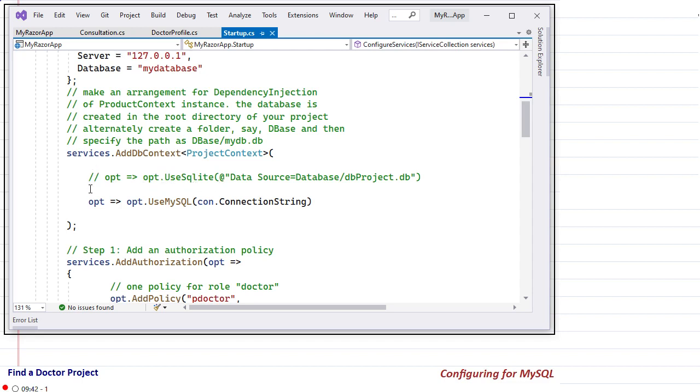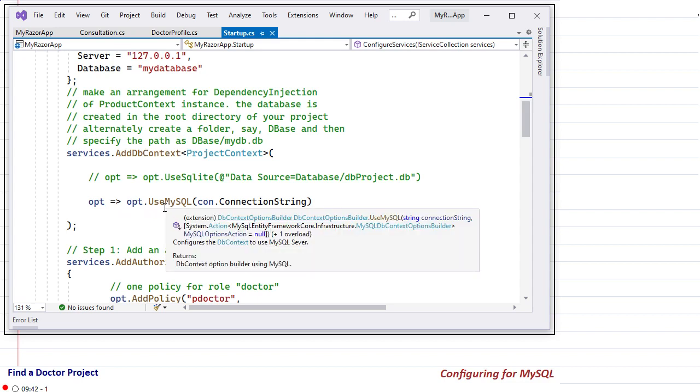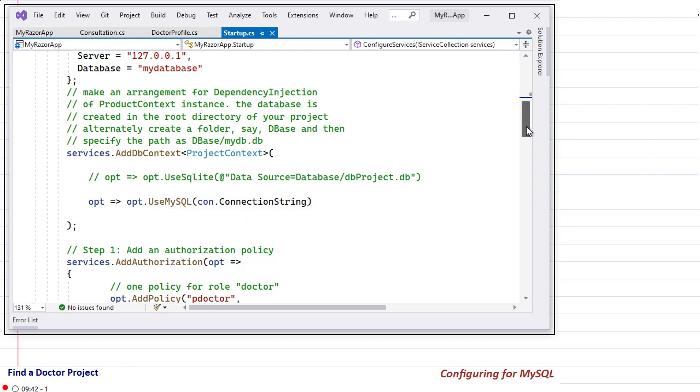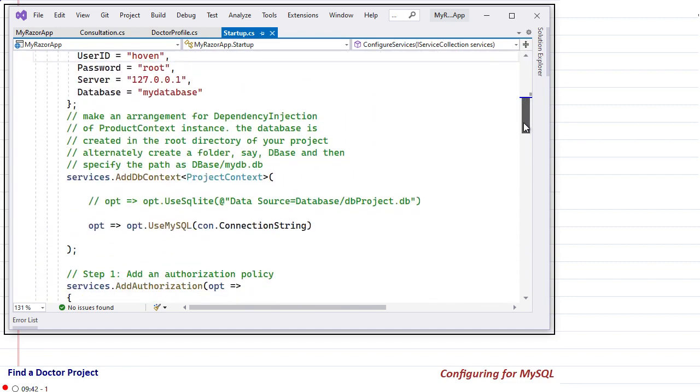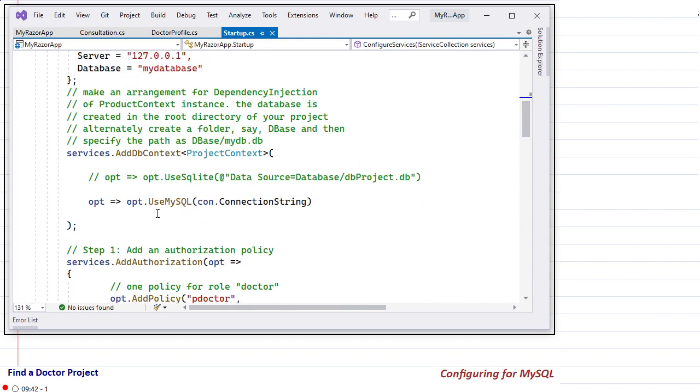We will comment this line out, and in its place we will use options go to UseMySQL. This will be available after you have installed that package. You will have to resolve the namespace and then it will automatically be available. See this UseMySQL, it is using one of these, MySql.Data.MySqlClient. Once this namespace is available, then this will be available.